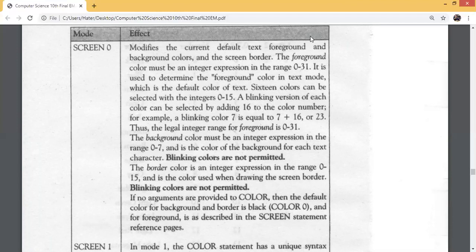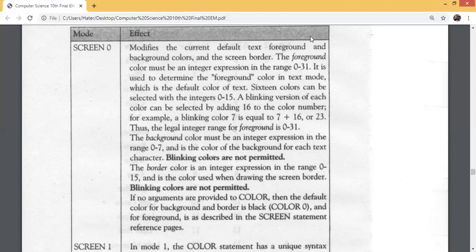So basically the color range is from 0 to 15, but you can add a blinking color also. When you add 16 to the color number, for example if you select color number 7, then 7 plus 16 equals 23. So the legal range of the foreground color is from 0 to 31. From 0 to 31 you can select the colors.